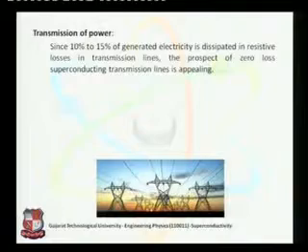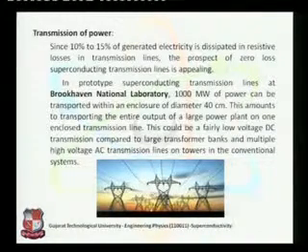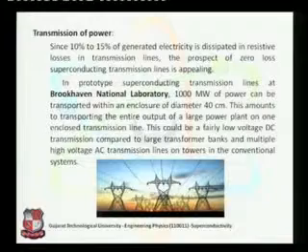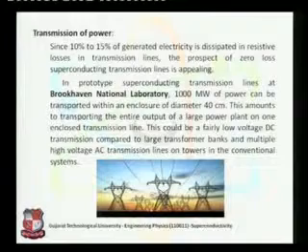After generation with better efficiency, we need to transmit that electricity to the common people also. And obviously, as you know, the position of the generating station and the user end are quite far. So we need to transmit that electricity to quite far places, and we need to lay down kilometers of wires for transmission of electricity.